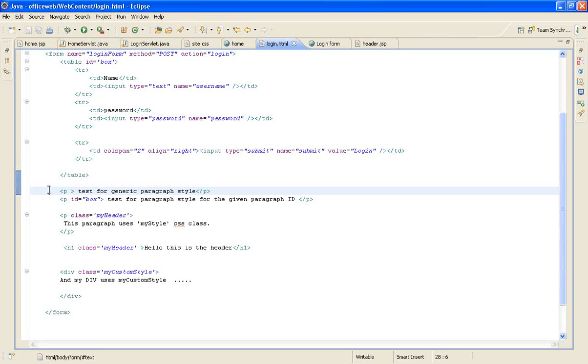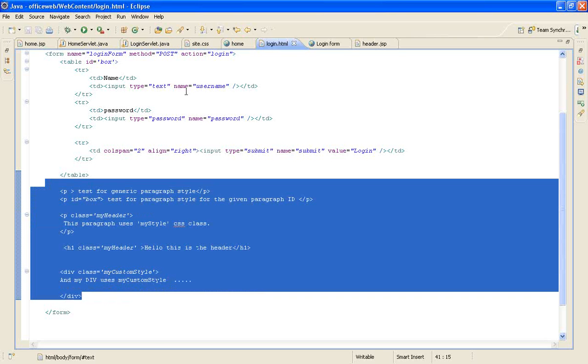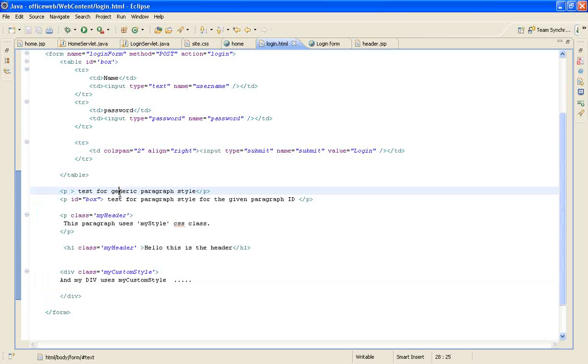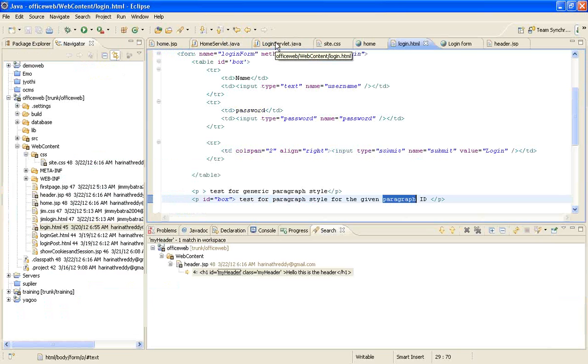I don't want the login page to contain styles-related examples. So make a simple HTML file and try to explain everything I explained. Write one line, like test for paragraph style for the given paragraph ID. Try to make a separate file and modify it in this Office web itself.